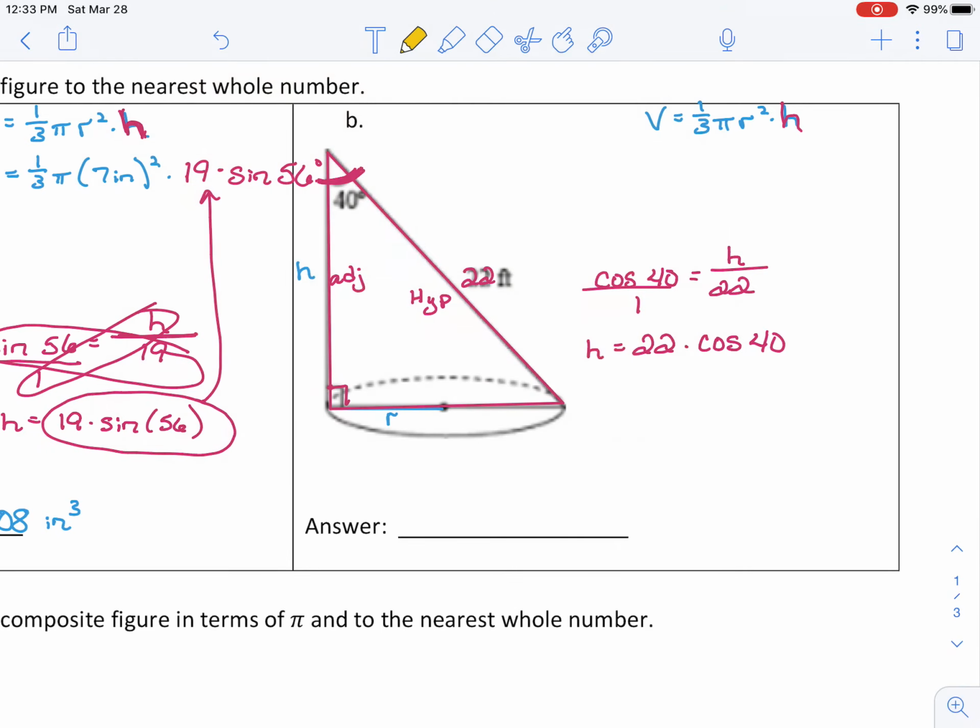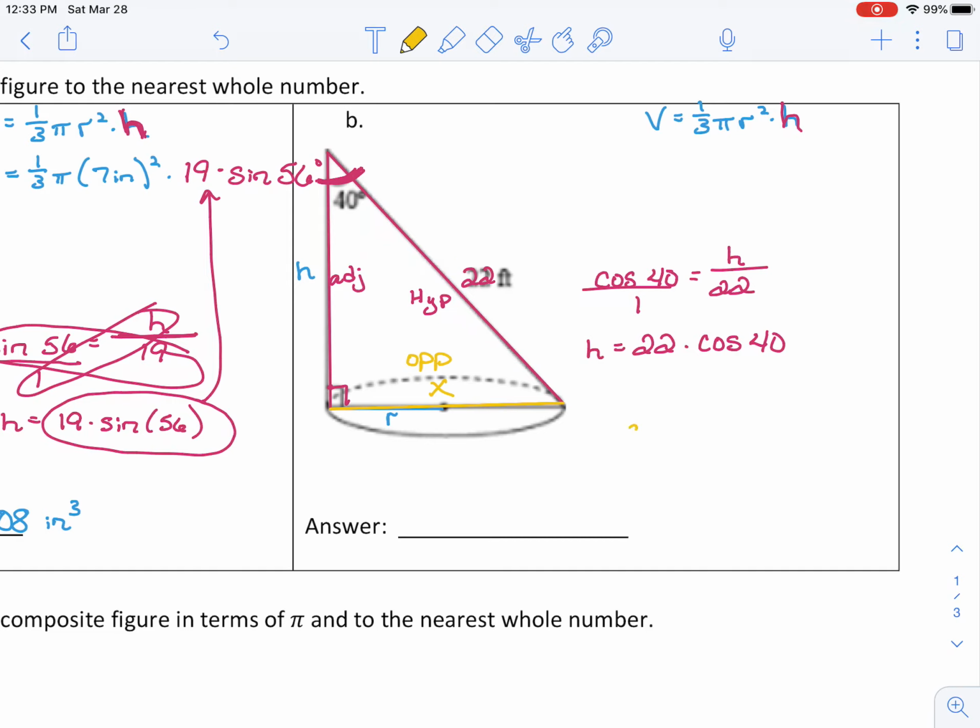The radius, however, is going to be a little more annoying because this side of the right triangle, I'm going to call it X temporarily, is the opposite leg in that right triangle. But R is not the same thing as X. Since X goes all the way across this circle, X is the diameter. We're going to have to take half of that after we find it. Like I said, it's a pain. But since I know the hypotenuse,